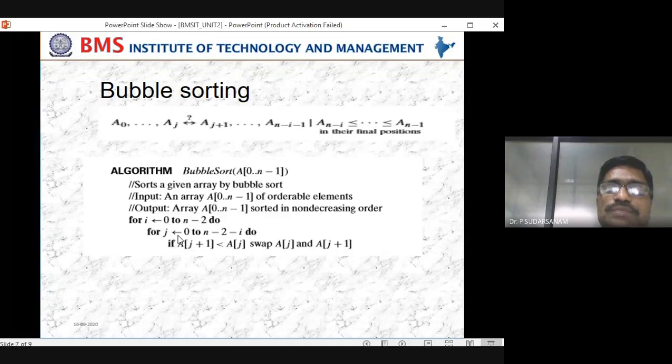So j plus 1 means when you are at n minus 2, the n location can be accessed in this case. Once the largest element is moved to the last position, then i becomes the next value, that is i is equal to 1. So n minus 2 minus 1. That means the last position is already sorted, no need to consider it. For example, if you take i is equal to the fifth element, the last 4 elements are already sorted.